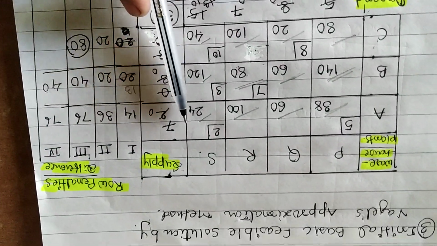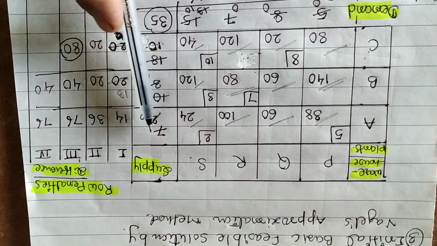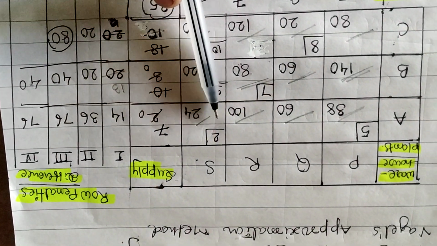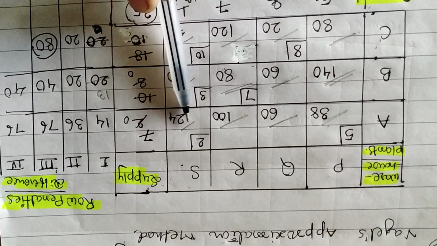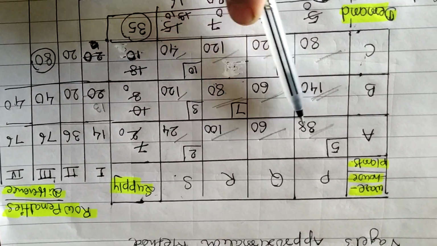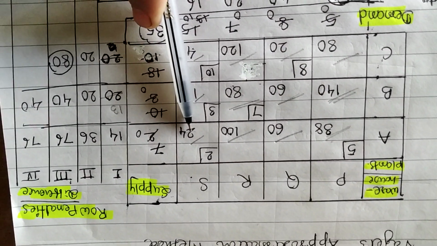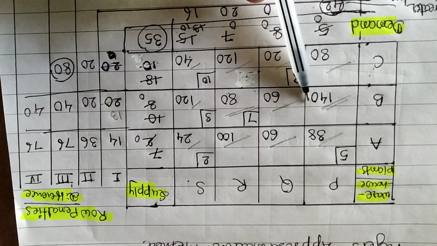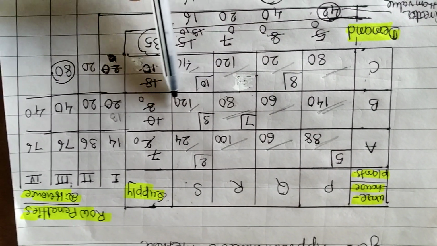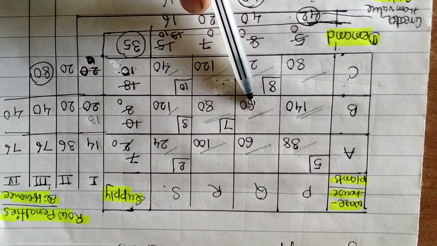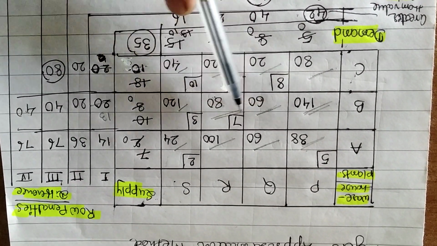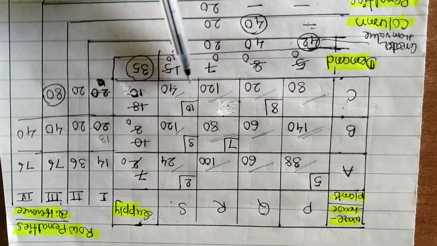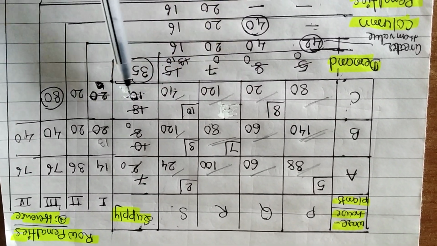Okay, first of all you see the first row. Okay, in the first row which is the minimum value? The minimum value is 24. Okay, the second minimum value is 38, where 38 minus 24 the remaining is coming 14. Okay, again next, the second row, you see first of all in the second row the smallest number is 60 and another is 80, 80 minus 60 is coming 20. Okay, next you see the smaller number is 20, the next is 40, 40 minus 20 is equal to 20.